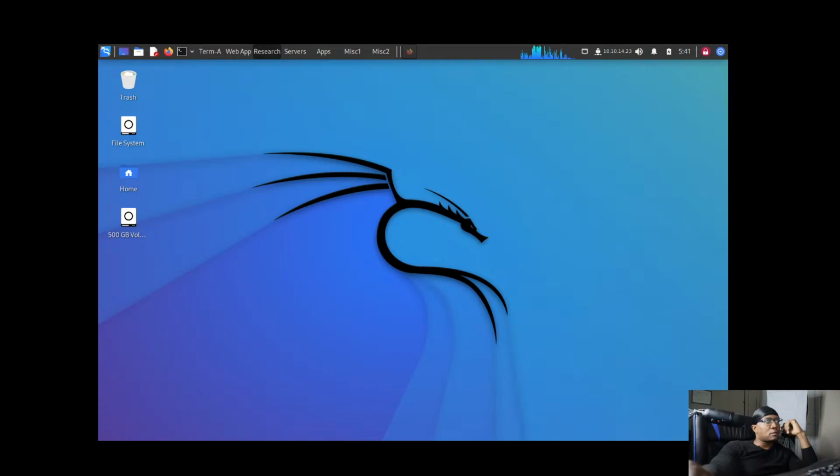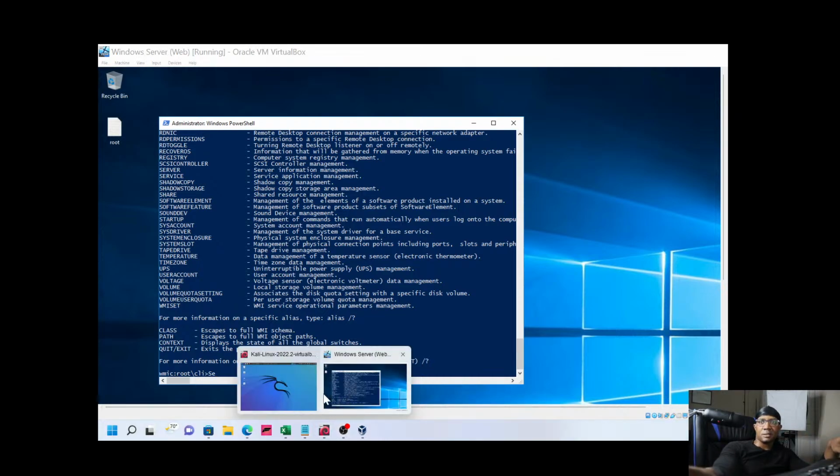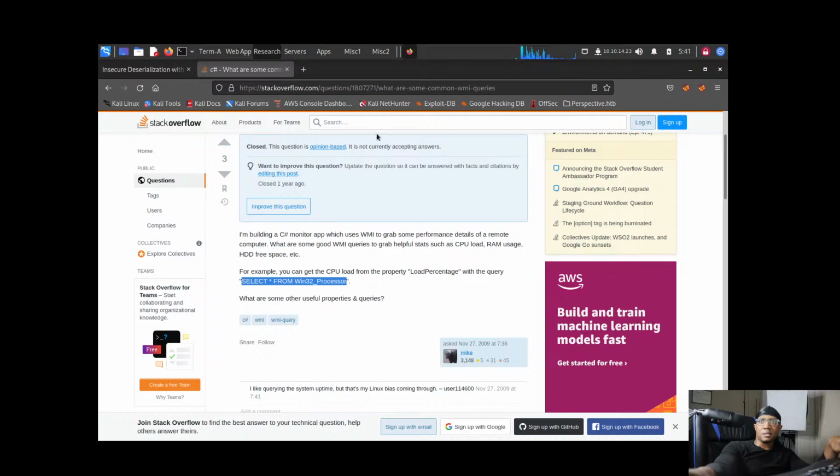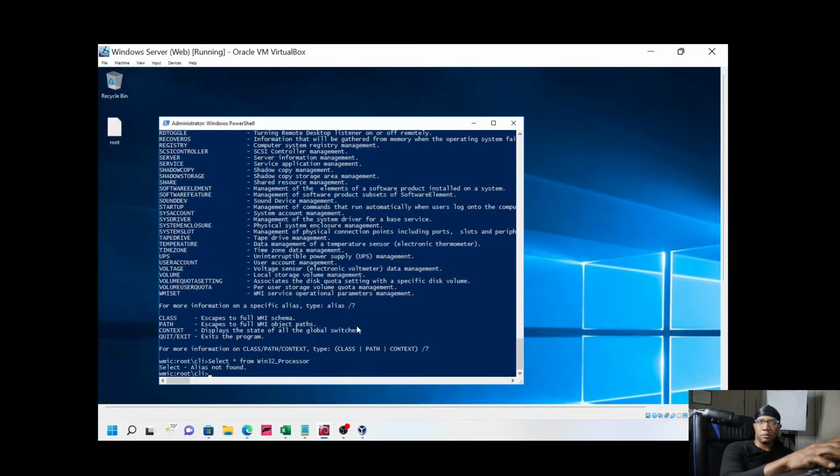Alright. So we go back to this and then we'll just select. What did it say? Forgot. Select star from Win32 processor. If that works, that's going to be our example command as we build our shell. My bad. Select star from Win32. Let's be a good boy there. What do you mean? Does it want it to be in